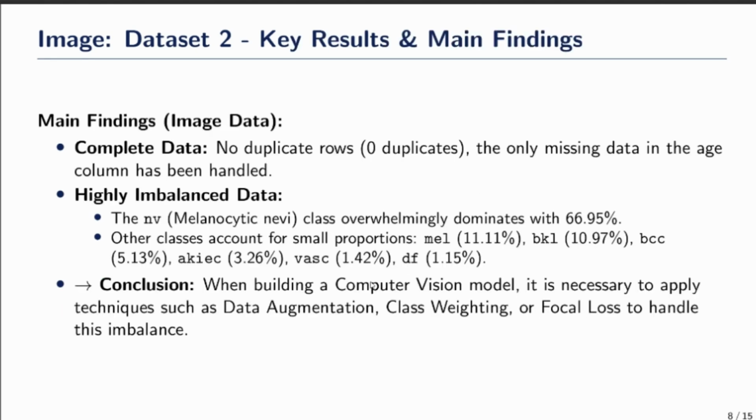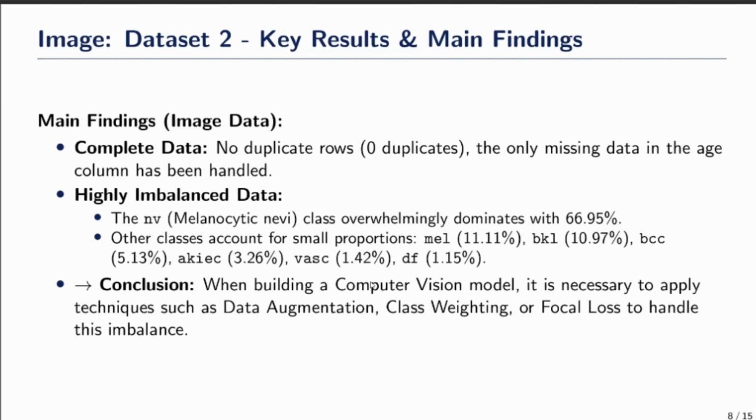After I analyzed it, I found that the most crucial finding here is the severe class imbalance. The NV class, or melanocytic nevi, dominates the dataset at nearly 67%, while vascular lesions make up barely over 1%. Recognizing this early is vital, as it means we must apply techniques like data augmentation or focal loss when training